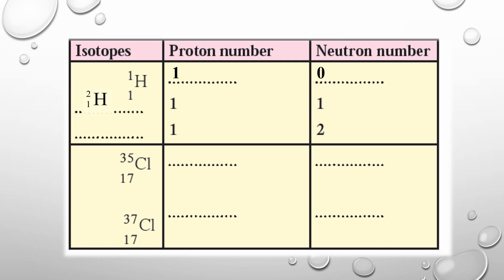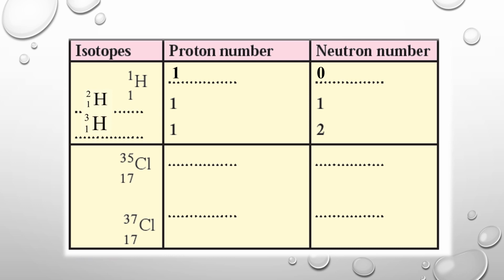Same thing we'll do for the next one also. Proton number given is 1 and neutron number given is 2. So proton number automatically becomes my subscript and my superscript will be addition of the two numbers. So it's going to be 3H1. How did I get 3? Mass number is proton plus neutron, 1 plus 2, that is 3, and subscript will be the proton number, so that is 1.